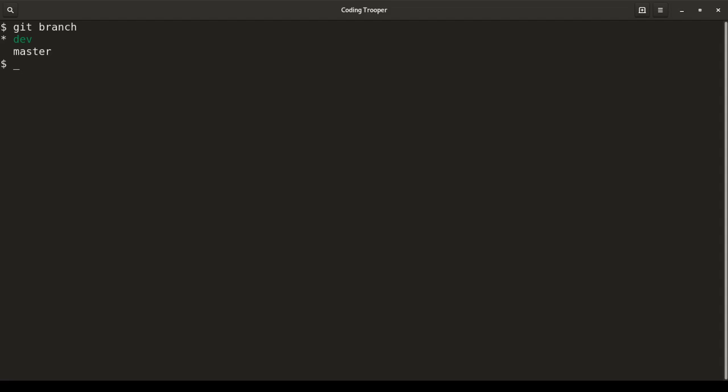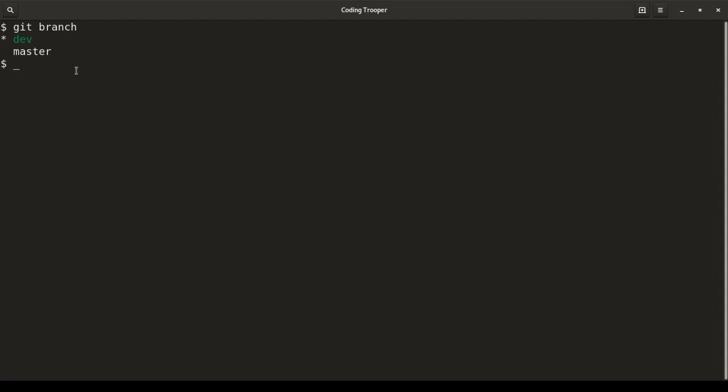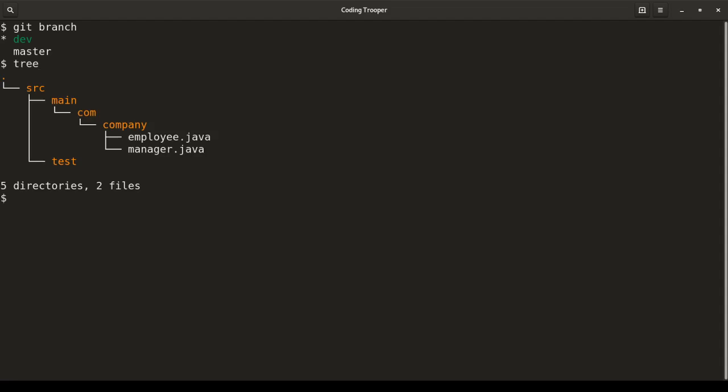But the most important thing right now is that we have dev. We checked out dev. Since we have a star that is pointing to dev right now, it means that dev is the active branch that we are working on, and we are ready to do some development on dev. If we look at the tree, it is the same thing. So if I add a new thing right now to dev